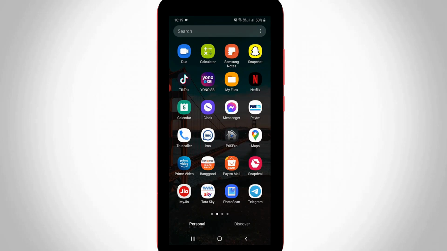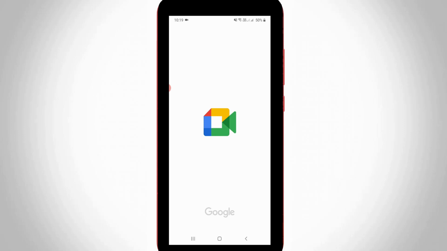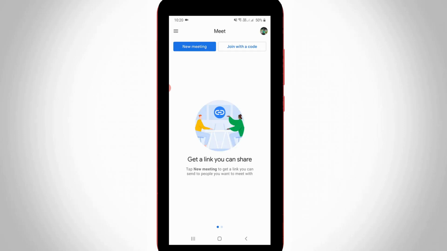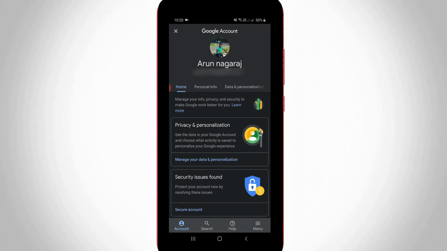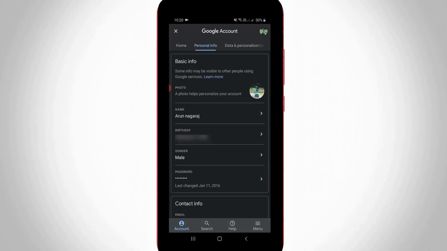So first of all, open your Google Meet mobile application. So now in this homepage section, in the top right side corner, it shows my Gmail profile picture. So I press on it and then go to manage your Google account. And my Google account settings are ready to use. So here you can select the personal info tab and the second one. So here it shows my Google account name and this is also used in my Google Meet. So I press on it